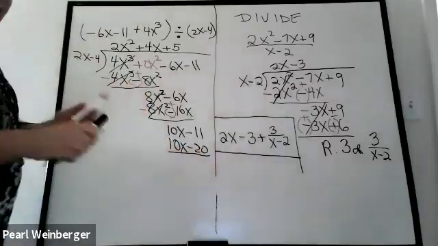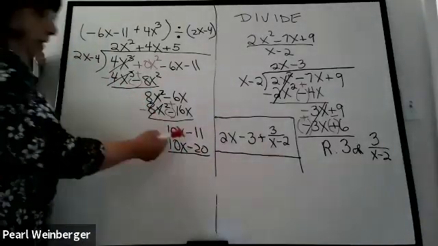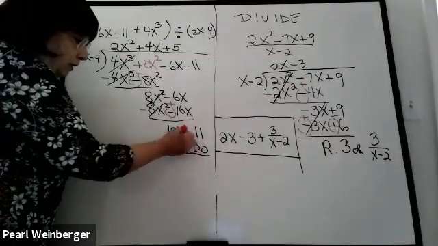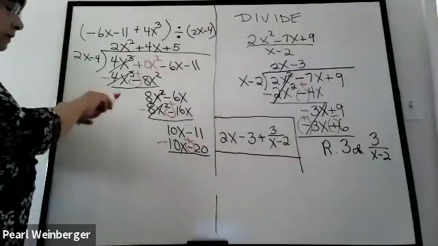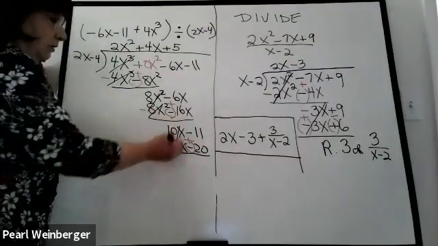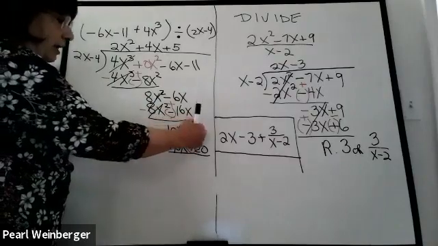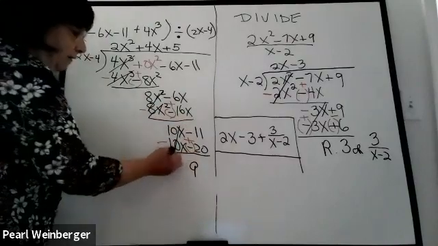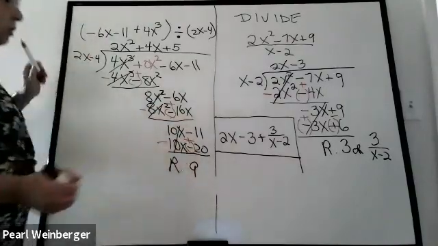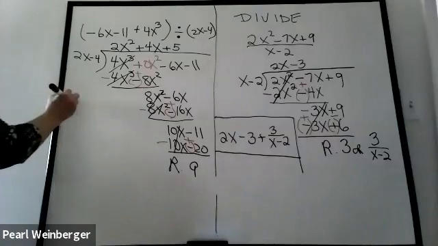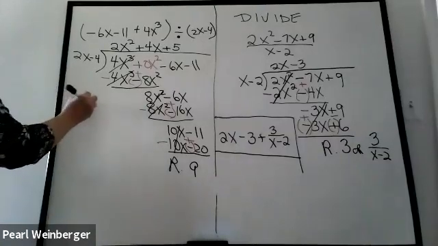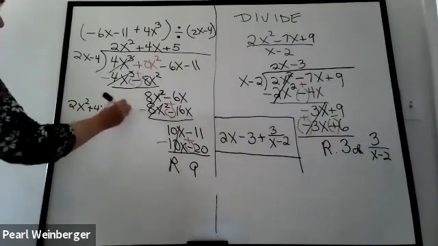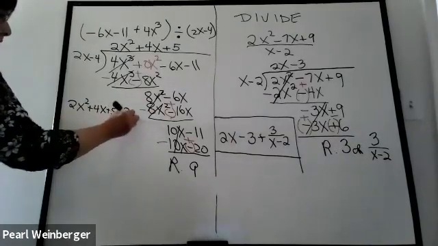Okay, we're up to subtracting. That means I change my sign. So this is going to become a negative, and this is going to become a positive. And the 10x minus the 10x cancels. And now I'm left with negative 11 plus 20, which is positive 9. That's my remainder. So my answer comes out to be 2x squared plus 4x plus 5 plus 9 over 2x